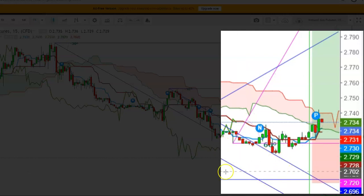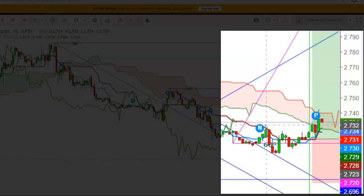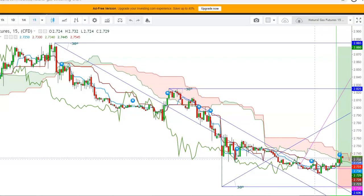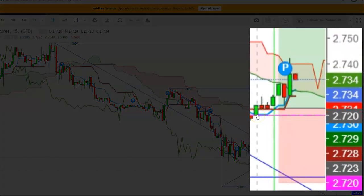the level of $2.720. So here you can see how the natural gas futures have been facing stiff resistance at the level of $2.732 on March 5th. But here I find that now the natural gas futures are trying to move upward, where we have seen a breakout from here. So here I prefer to go long from the level of